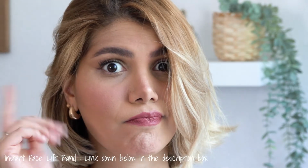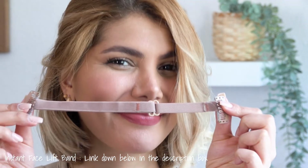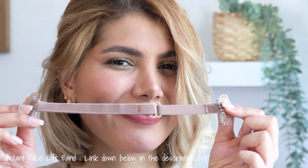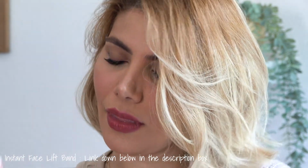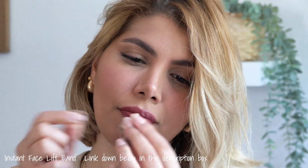As you can see, this looks already lifted naturally now compared to before. But if you want to further elongate the eyes and achieve those trendy, foxy, Bella Hadid eyes, hell, you do not need surgery for that. Just pop in this instant facelift tool, which is known as an eye lifting strap, and you will be amazed